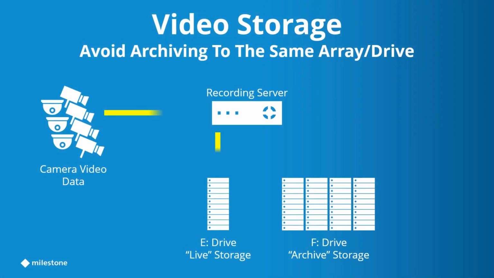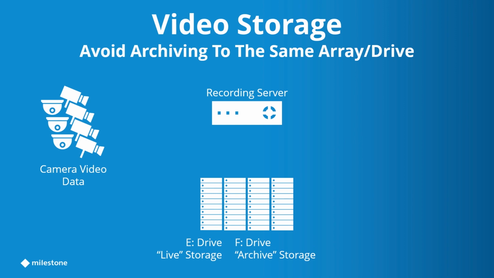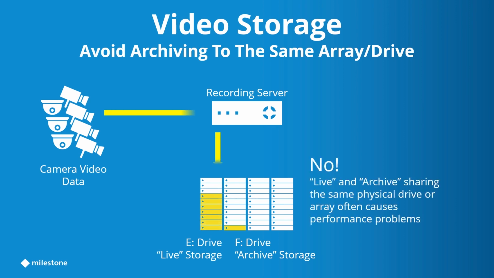Again, when archiving, it's important that the location you're copying the video to is completely independent from the live storage drive. This is because video is always copied, not moved. If you're trying to archive to a partition of the same drive, or another drive letter residing on the same overall RAID array, you'll often run into disk throughput problems due to the system trying to copy many gigabytes of video to the same set of drive platters that the system's using for incoming video. You always want to read from one drive or set of drives and write to another, such that the data is flowing in one direction.